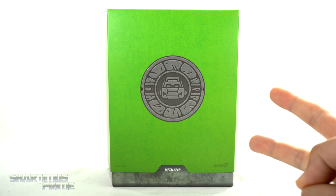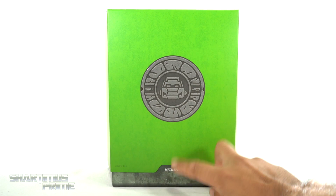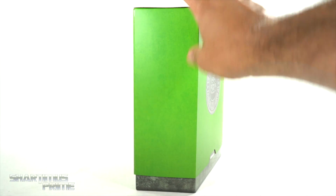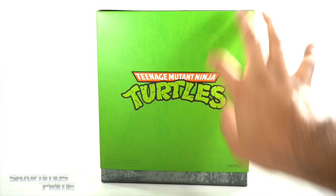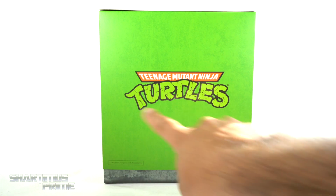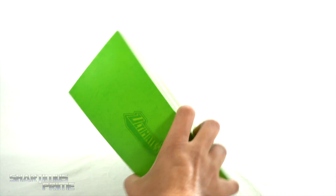And this is my second Ultimates figure right over here. I'm very stoked for this. I like this whole logo for Metalhead. It says Metalhead at the bottom. And then you get this nice green with a little bit of a gradient to it, or not gradient, but it kind of mixes in and out between two different greens. Anyway, it says Teenage Mutant Ninja Turtles right there, and it says Ultimates right here, all spot varnished on the